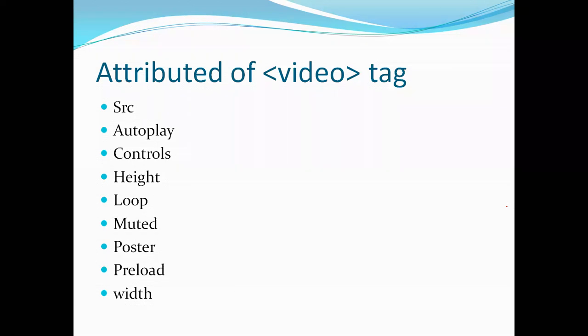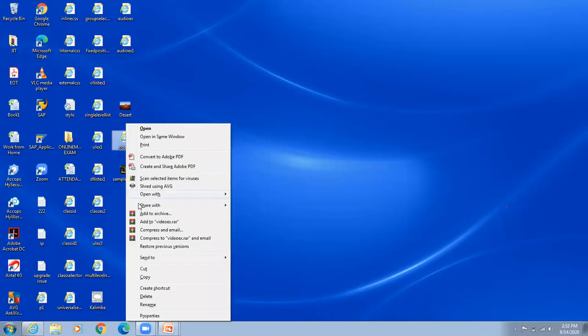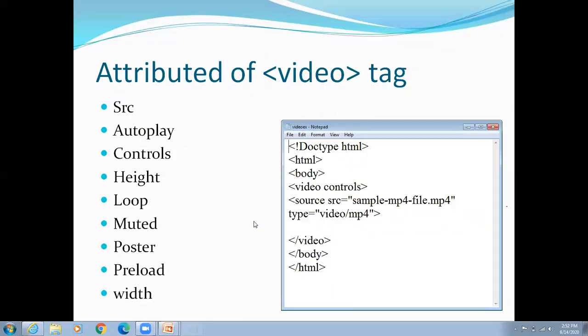Now we will see a very important example of the video tag, how the video tag is used. You can see on your screen the video tag example. Now see here, the first line of HTML5, doctype html, html tag, body tag, and here the video tag.